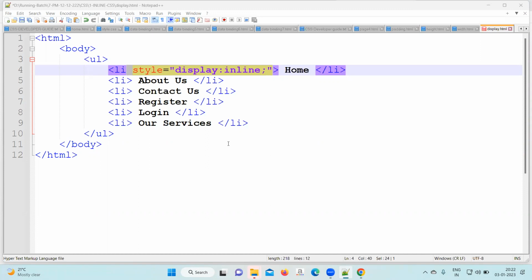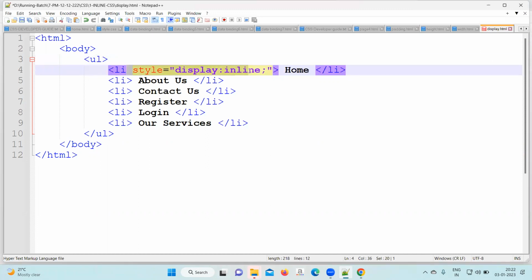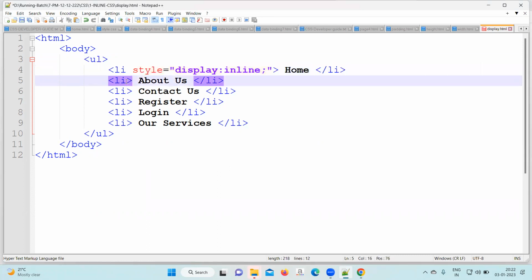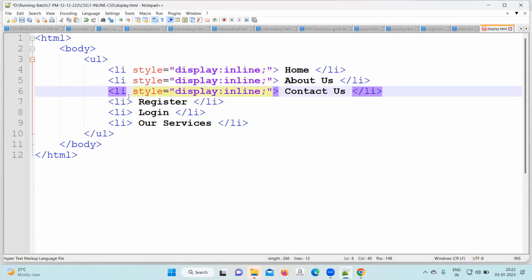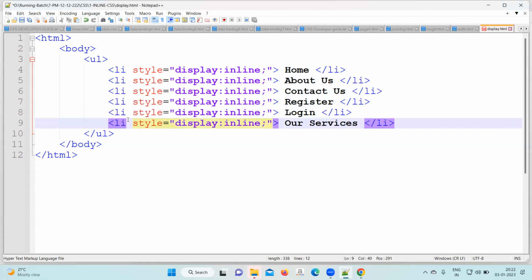Okay, let's go next. Display inline, written one place, come down, come down, come down, and come down. Everywhere you can write display inline, all places. Save it. And after that, let's run the file. You will find